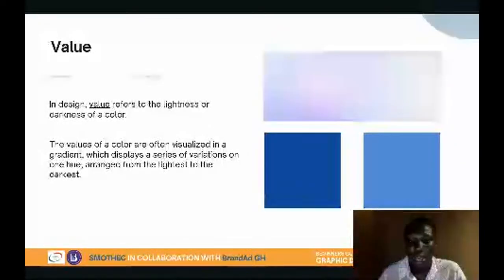So with this, we are able to what? Create some form of contrast in our design. So when you use a gradient in your design, you create contrast. If maybe you use a deep blue color in one part of the design, you can use a lighter shade in another part of the design, so that it creates variation and it is not the same thing. So imagine everything you are seeing in the design is all black. You will not be able to read it, right? Or even if it is maybe black and white and there are no different shades of the black,